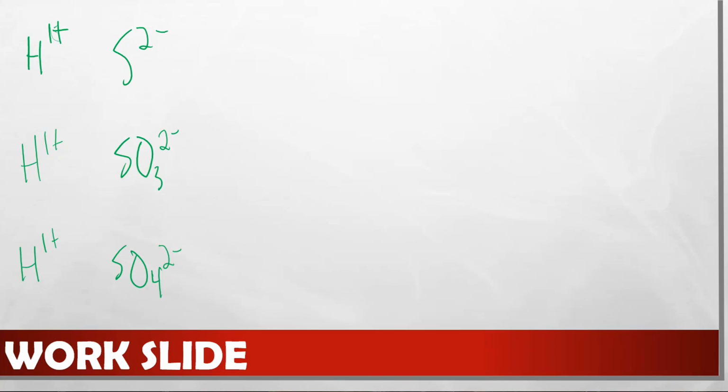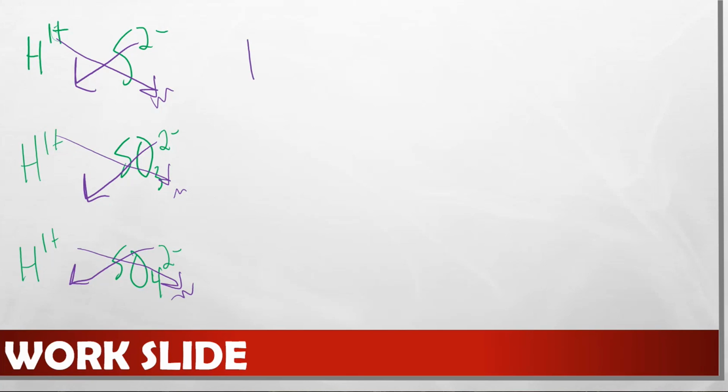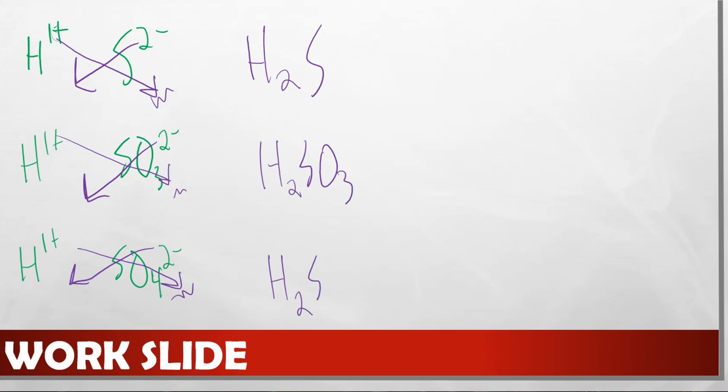So if I'm making the formula, none of these cancel. So it's going to crisscross, and that's not going to do anything. It's going to crisscross down, crisscross down, crisscross, and not do anything. All right, so this formula is going to be H2S, H2SO3, H2SO4. Now, if we name these using the ionic naming,